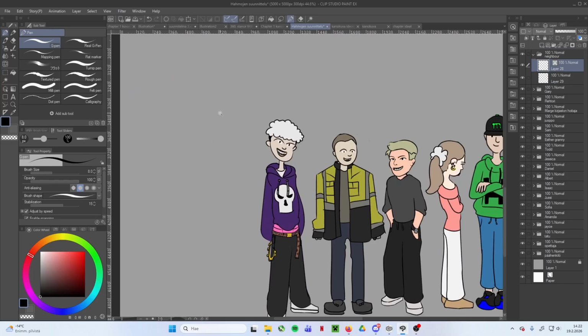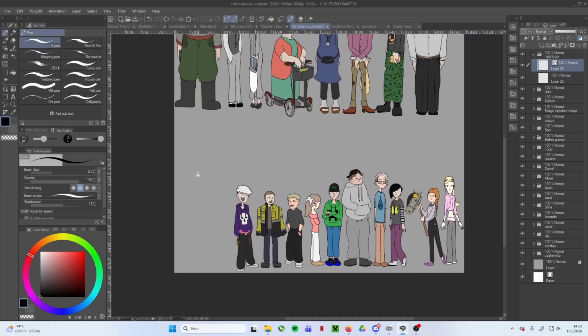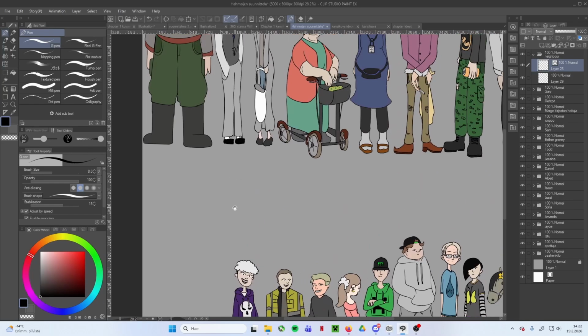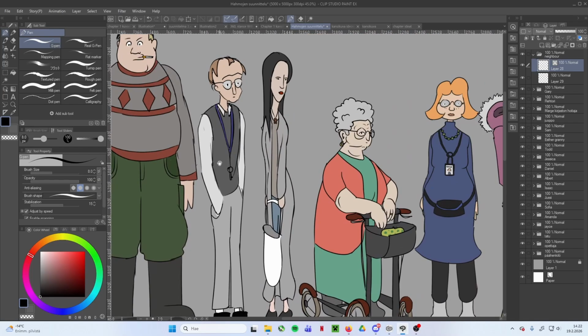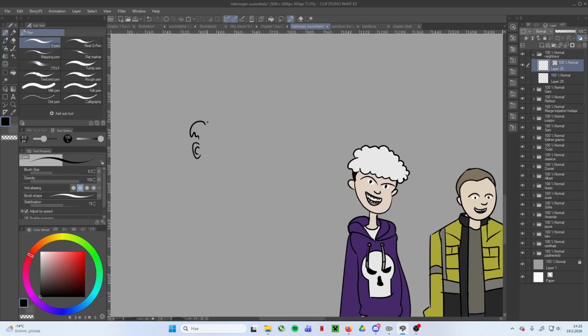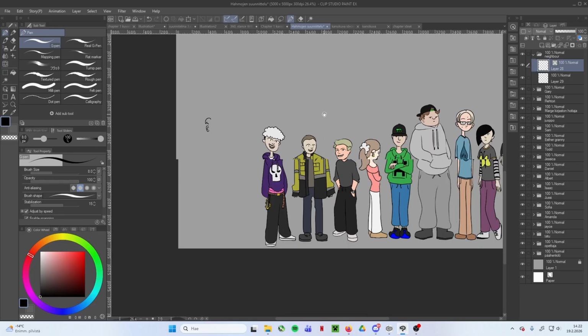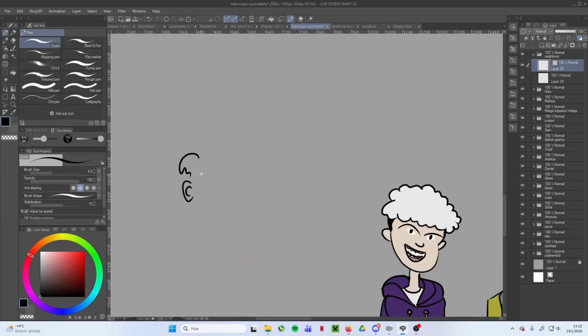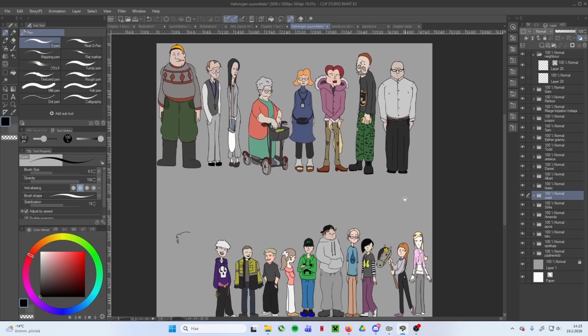Let's start by drawing the character. I want the character to be an old man, and he is a neighbor of the main character William. So he's going to be an old man with a kind smile. So here we have some little hair. I'm drawing these characters fully from imagination. I like to put them on the same canvas and next to each other so I can, for example,